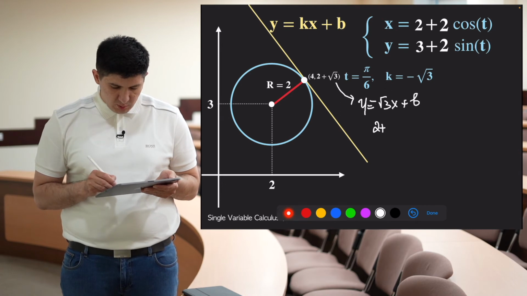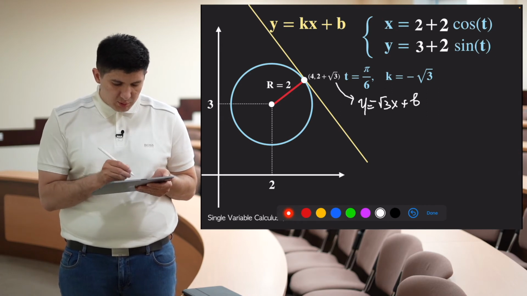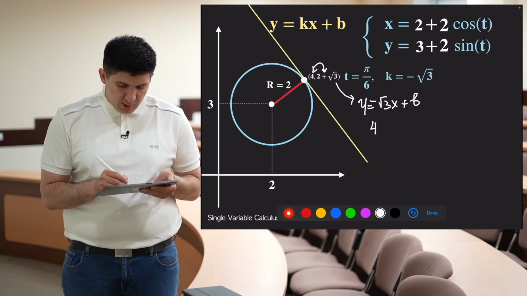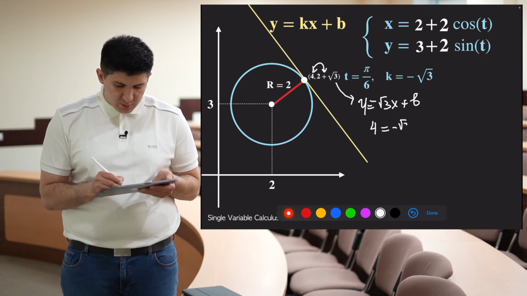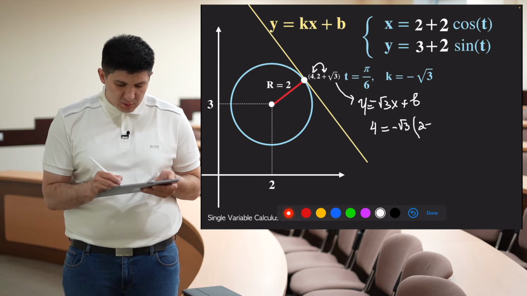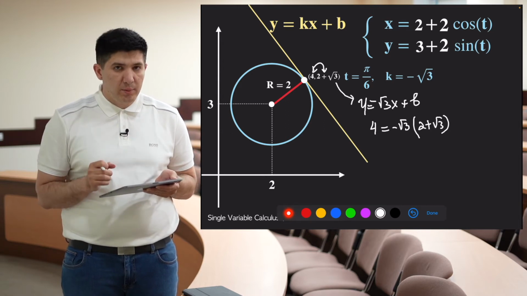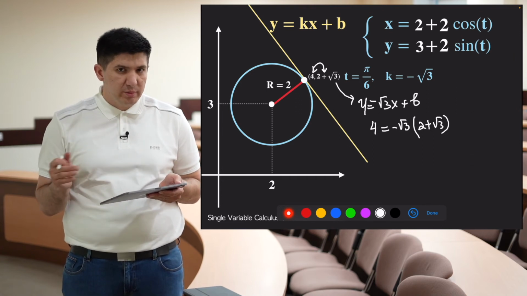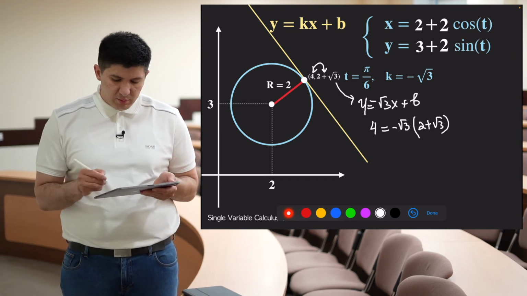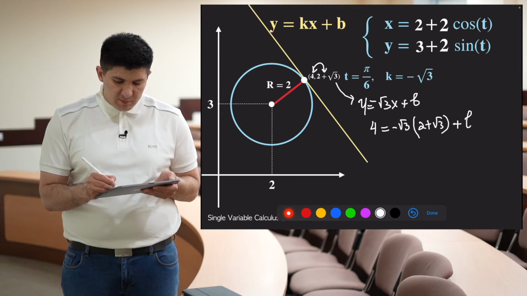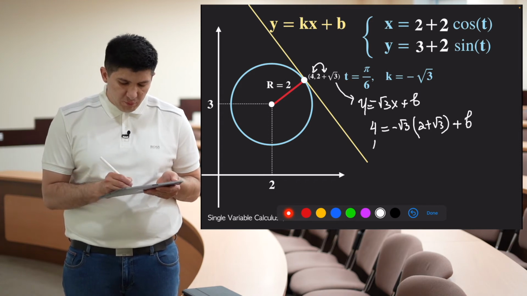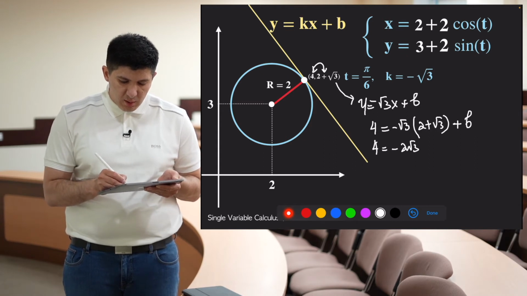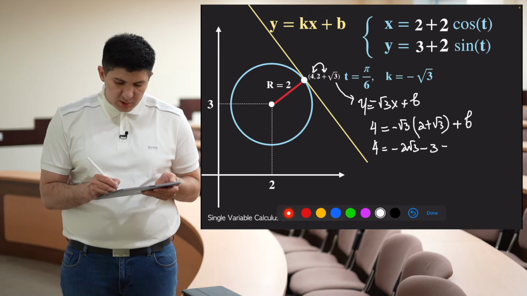I think it was vice versa, right? So the y coordinate is 4, and the x coordinate is minus square root of 3 times 2 plus square root of 3. So there is a typo, because if you remember, the point has x coordinate 2 plus square root of 3 and y coordinate equal to 4 plus the b, and from here I have to find b. So 4 is equal to minus 2 square root of 3 minus 3 plus b,